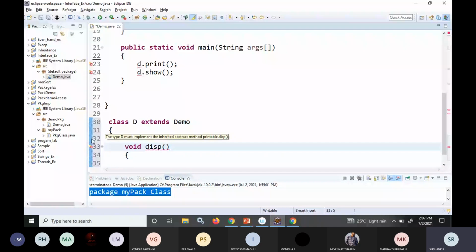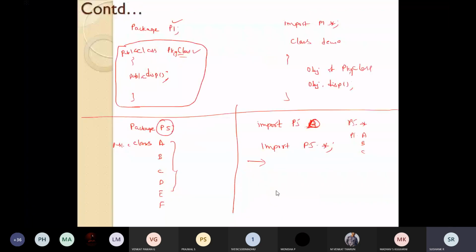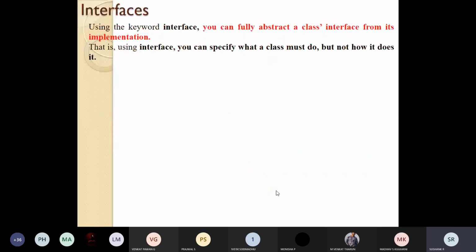So this is one thing. There is an interface which contains three methods: display method, print method, and show method.